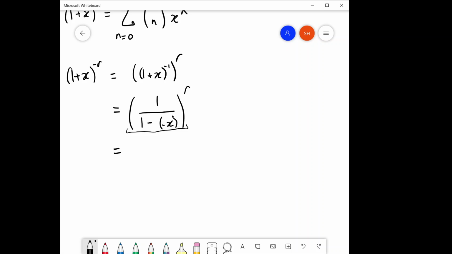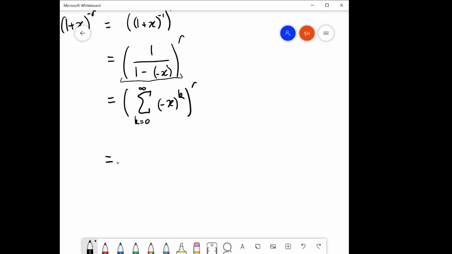And, well, what does that give us? It's the sum over k equals 0 to infinity of minus x to the k, to the power of r. And now you can actually just do this to the power of r, and what you get is a huge mess, but